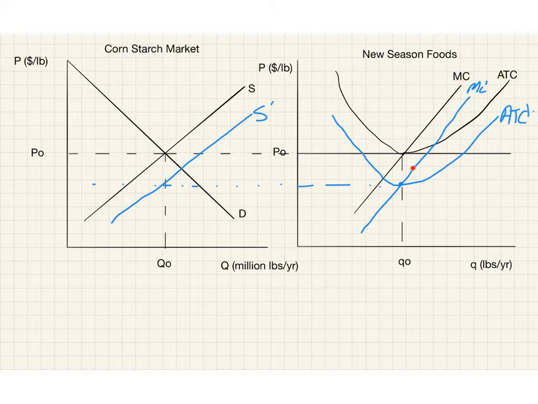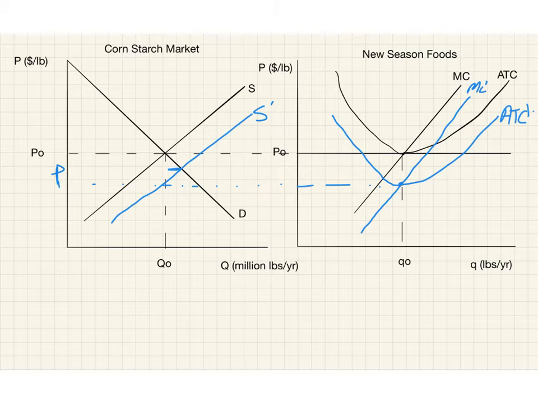So if it's become 20 cents a pound cheaper to make this stuff for each firm, well, then the market supply is going to also shift down by 20 cents. And it's really 20 cents per pound. It's really important to get that right. I'll show you why. Well, what's going to happen in the short run is there's going to be a new market equilibrium price